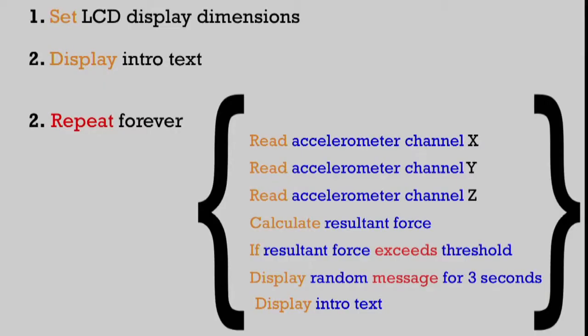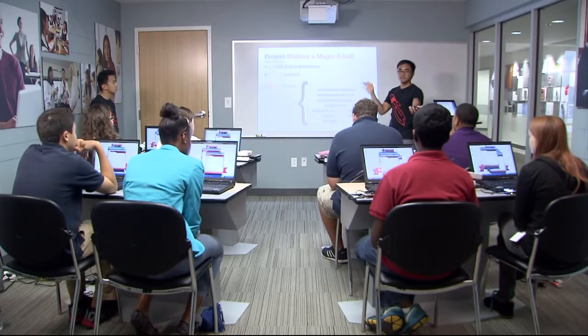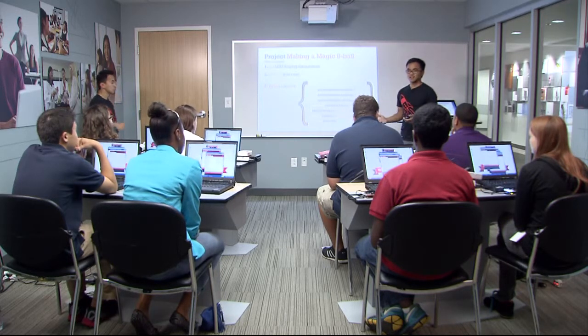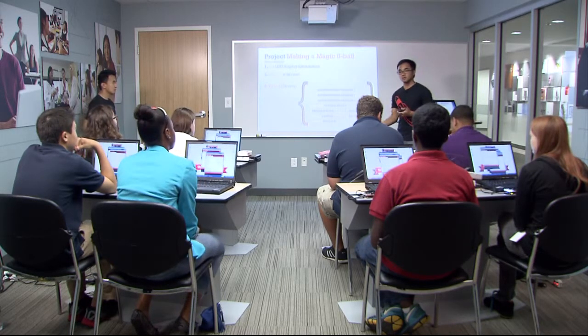We're going to read the accelerometer. And the accelerometer has what we call 3 axes. There's X, Y, and Z, right? So there's 3 directions of motion that our accelerometer can detect. And we're going to do a lot of math, actually. Or actually, we're not doing much math. The LaunchPad will do some math